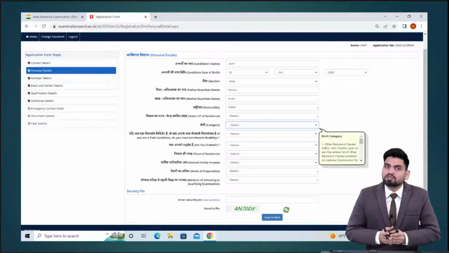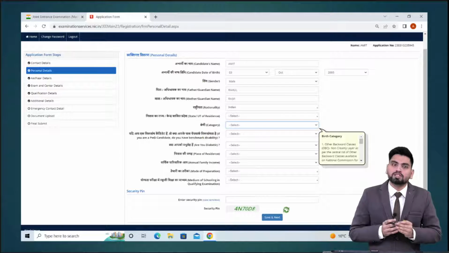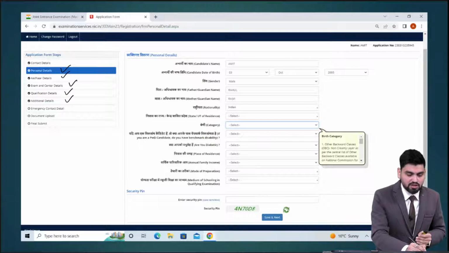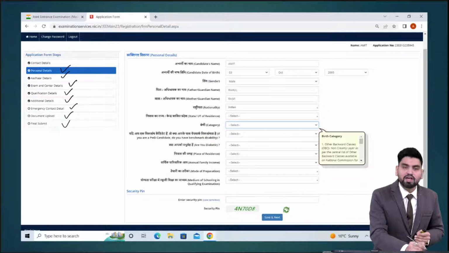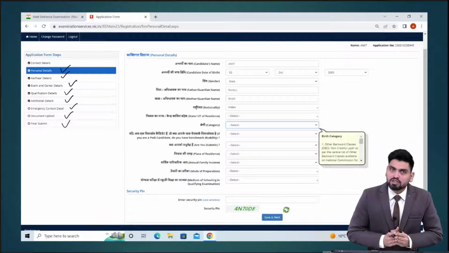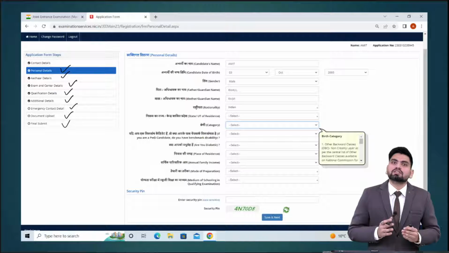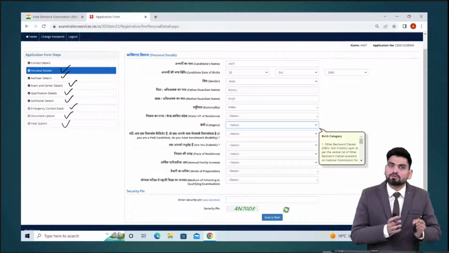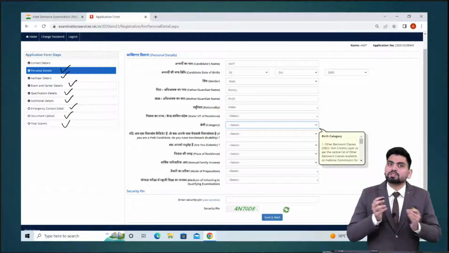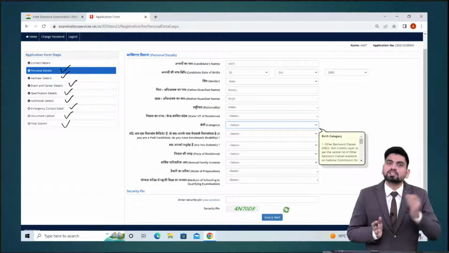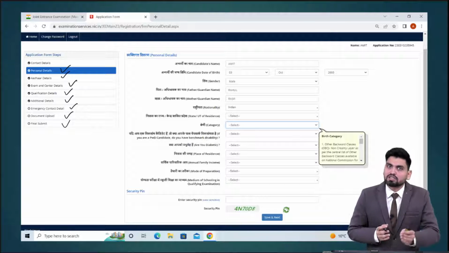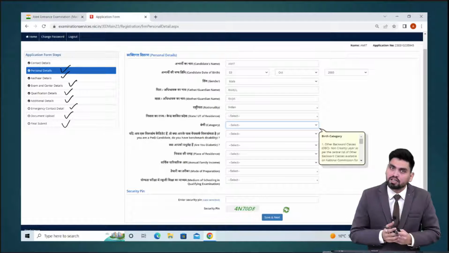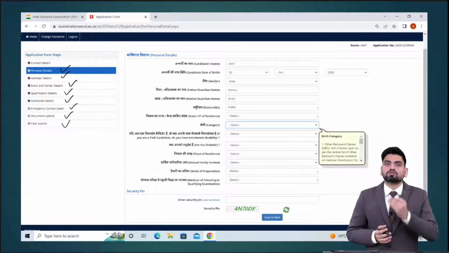After clicking on the complete application form, on the left side you can check NTA is asking for some details, for example, personal details, Aadhaar details, exam and center details, qualification details, additional details, emergency contact details, document upload and the final submission. So first we will fill in the personal details. As you can see on the screen, some details are already showing here because you filled in the same details in the registration part. So you have to start from the nationality. There will be some options like Indian, OCI and NRI. You have to select the nationality you belong to. I have selected the Indian nationality. If you belong to OCI, you have to select OCI. If you belong to NRI, you have to select NRI. And the next is state of residence or UT of residence.